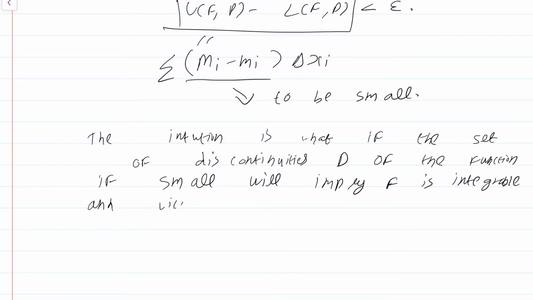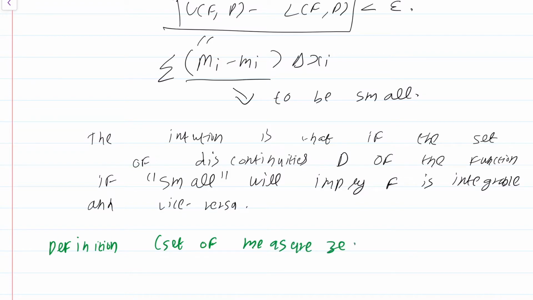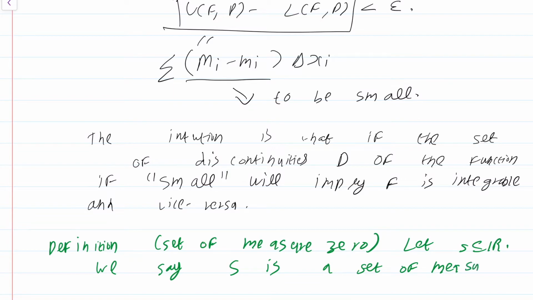Now, the only problem is that this word small that I have written should actually be in quotes, because what exactly is a small set? There's a precise technical condition called being a set of measure 0 that captures this definition. This is the definition of a set of measure 0. This will intuitively capture the fact that a set S is a small set. Let S be a subset of R, we say S is a set of measure 0